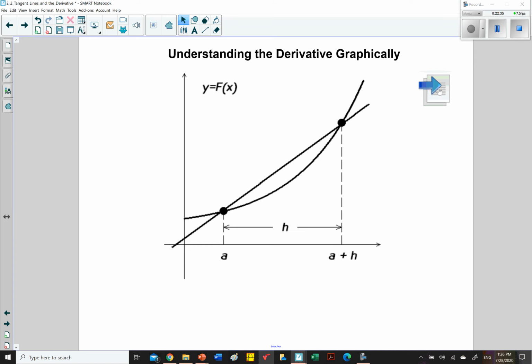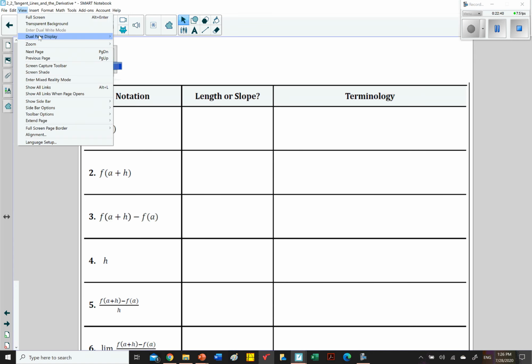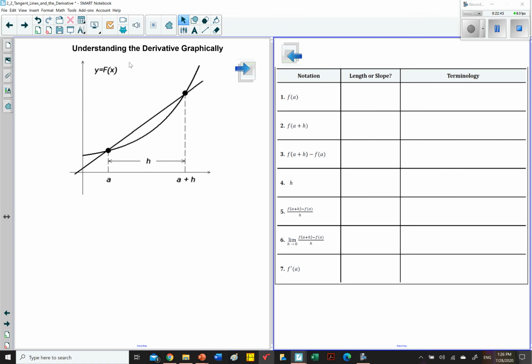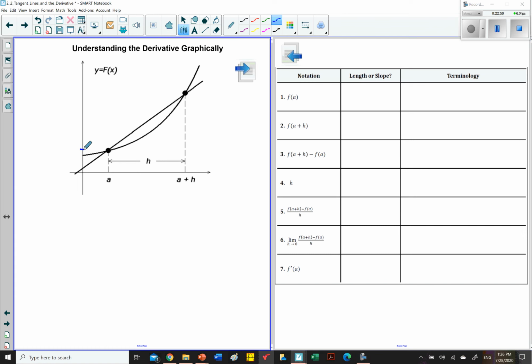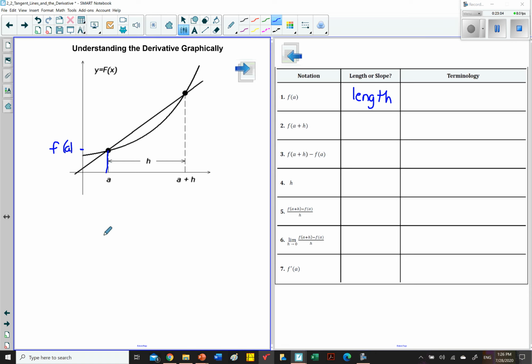So on the following slide, I can maybe show 2 screens at a time. Okay, so the f of a is our y value, right? This is the f of a here, the height right there. So that would be a length to me. And in a blue pencil, I could draw, there's the height right there. That's the f of a, number 1. And that's the value of the function